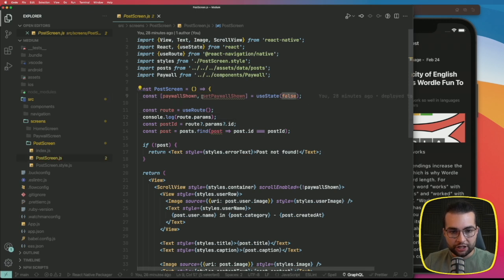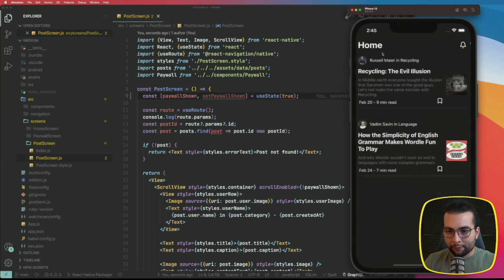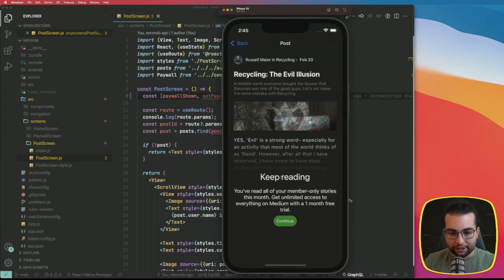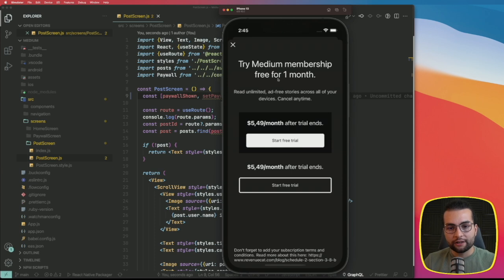And here, if I change the paywall shown from false to true, now if I'm gonna open a post, I will see the paywall here, keep reading, and I cannot scroll the application. After that, if I press continue, I will be redirected to this actual paywall screen that will render the available